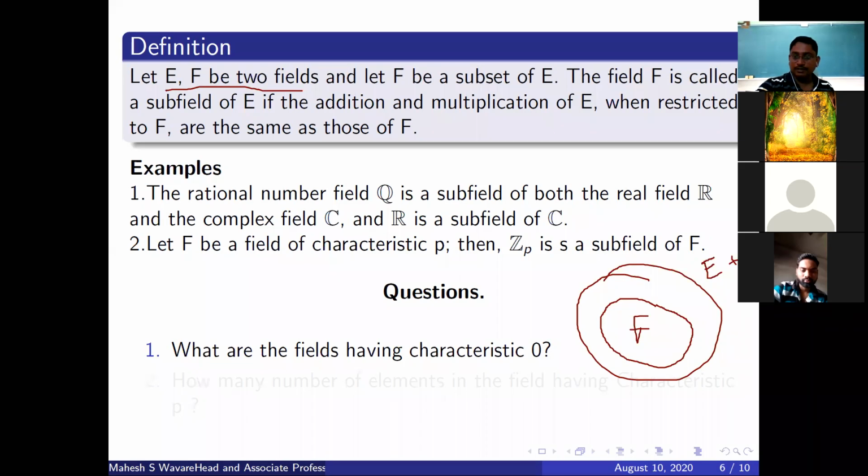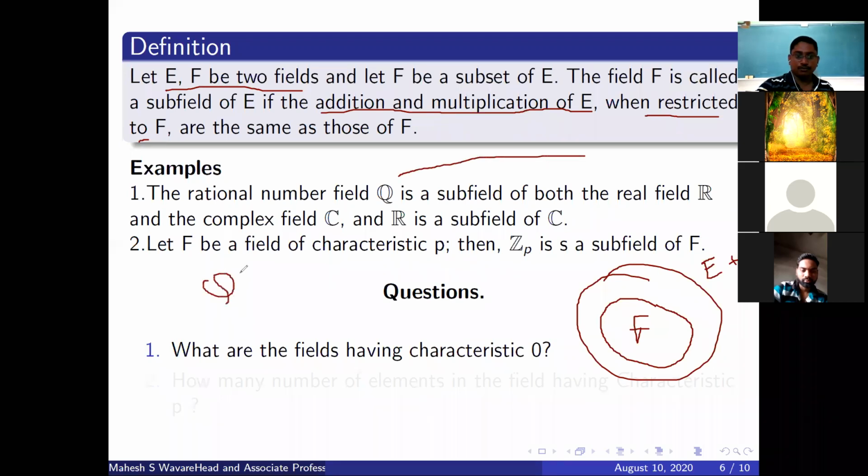And if this F is also a field with respect to whatever operations we have defined in E, that is, if E and F have the same operations, and F is a field and F is a subset of E, then F is called a subfield of E. The addition and multiplications are those of E. We do not define different operations on a set and different operations on a subset. Whatever subset you take, you impose the same operation as of E. So the operations of F are restricted to those of E. This is the definition of subfield, and we can see that the real numbers have Q as a subfield.